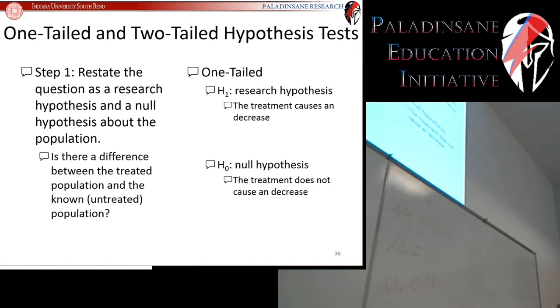A decrease. So the treatment causes a decrease is this one right here. The mean of your treated population is less than your untreated population. Your treatment made it smaller. That's the research hypothesis for the one-tailed decrease